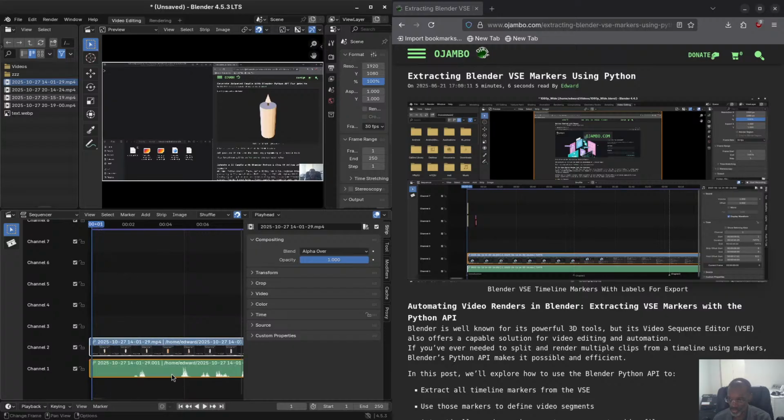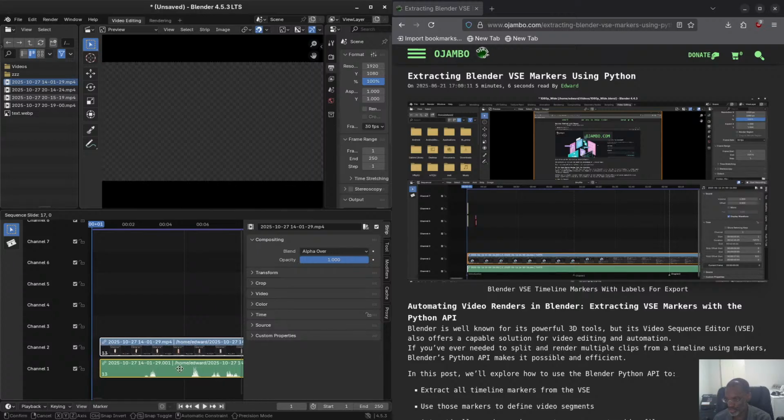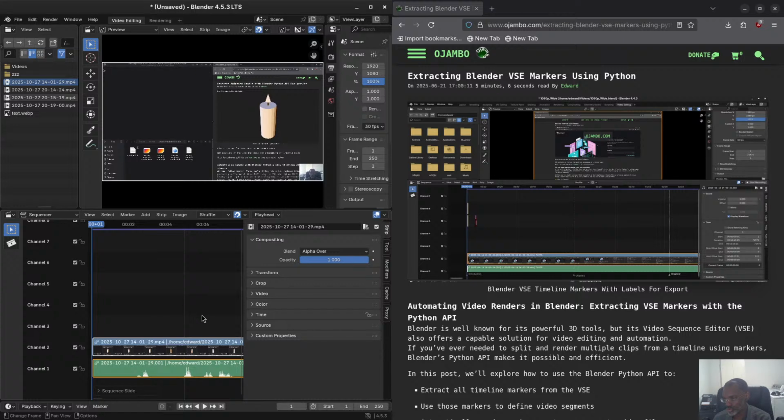So if I grab this again, I press G to grab, you see that? It snapped. It snaps right to it. You can also just type 1 and then it will also go to the first frame. And you see one thing I like about this,